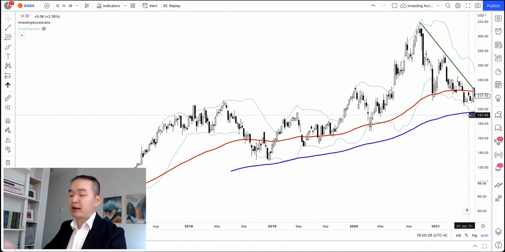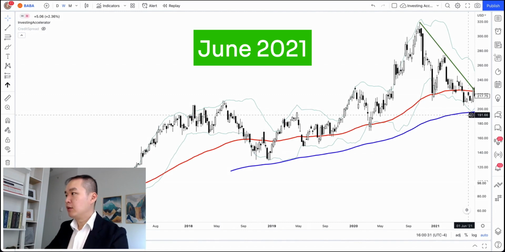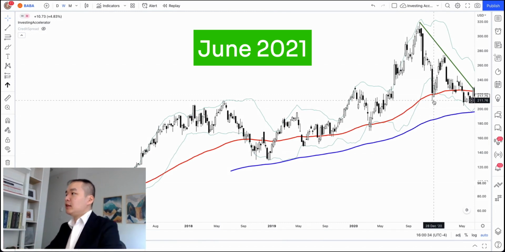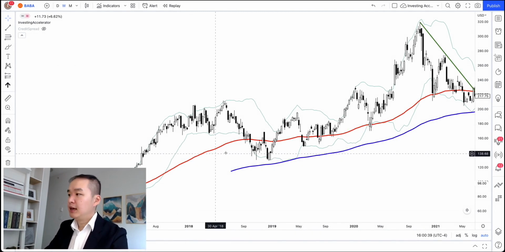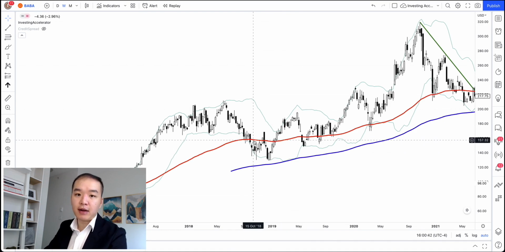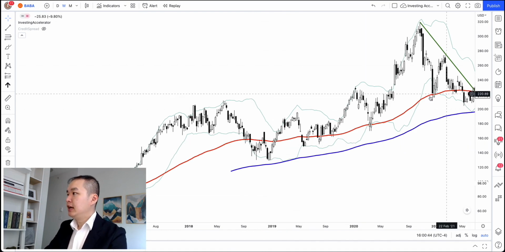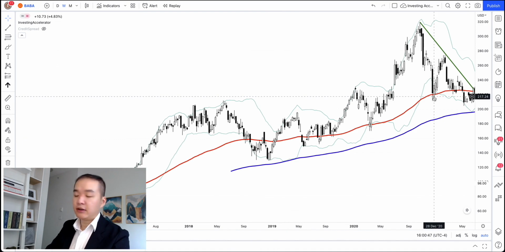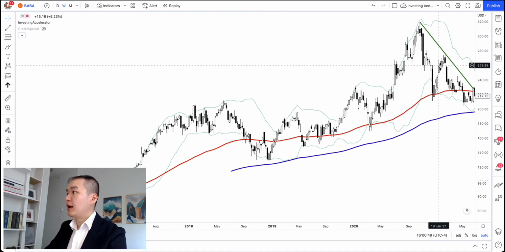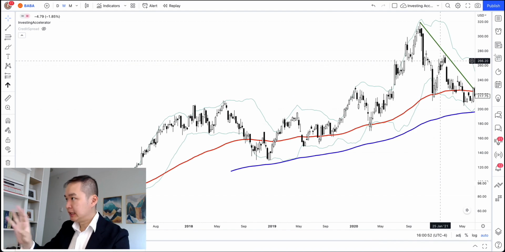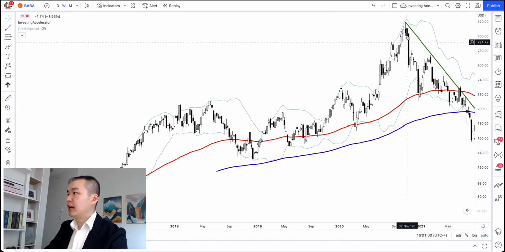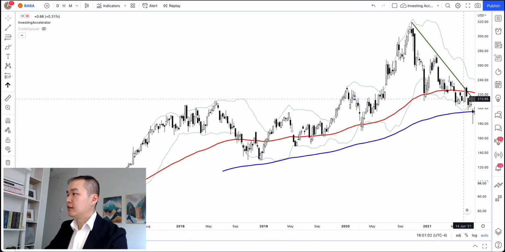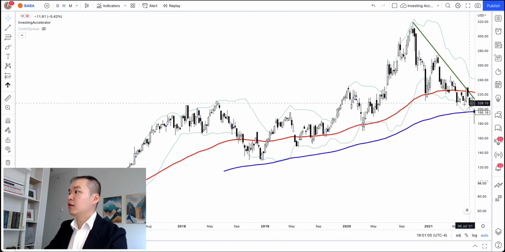So you can see that I rewind all the way back to June 2021, which is almost the time I got into Alibaba. During this period, you see that the trend for Alibaba is actually quite strong, and usually it bounces near the red EMA, which is this red line you see here. In fact, I actually entered once near December 2020. It went up, and I took half of my profits here, so I made money there. Then I re-entered again when price dropped back to the red EMA. At this point, you can see that it is kind of having a downtrend line, and before skipping ahead, I added more of my position here.